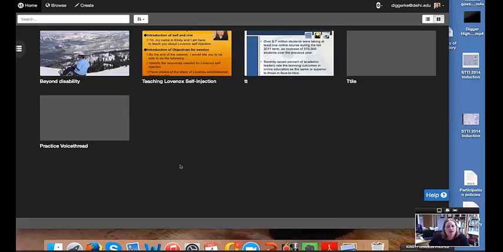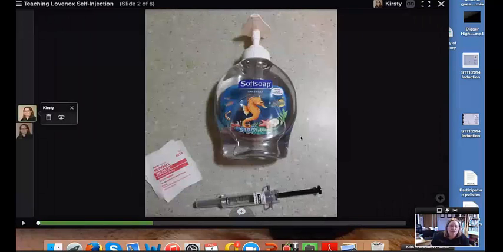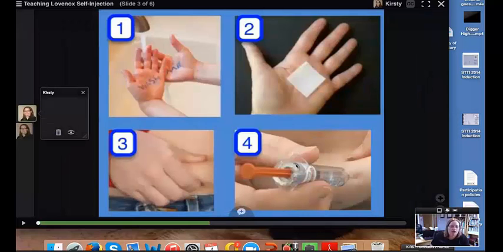Let me tell you how I've used this. I'm going to show you this one. It's called Teaching Lovenox Self-Injection. I'm not going to go through all of the audio, but basically this is a PowerPoint slide. I uploaded one PowerPoint slide there. This was a picture that I took, and I'm talking about how to teach someone self-injection of Lovenox. And then this was me asking the person to put in order which